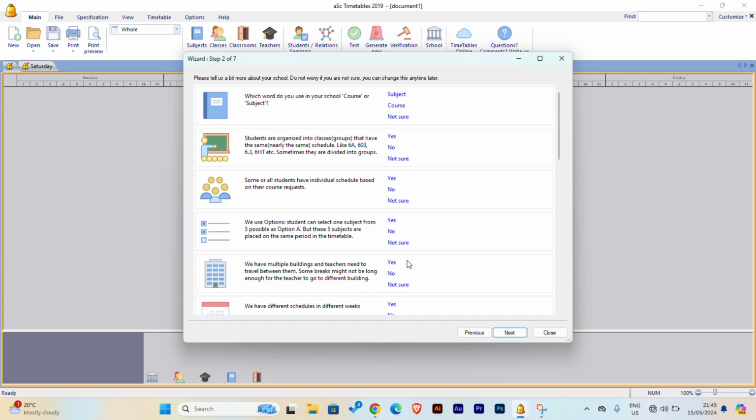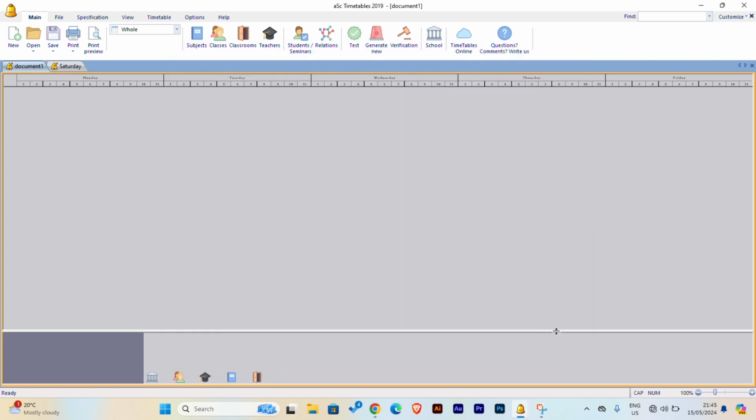You have finished, you say okay, and then you can save this, or if it is a fresh new timetable you're creating, of course, you can move to the next options, give the conditions on how you want your school to operate. That is the conditions, the relationship of how the lessons will be